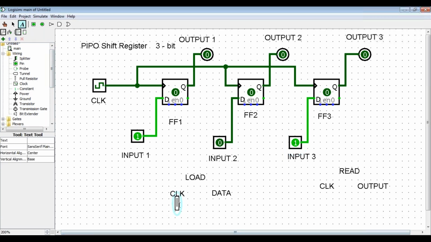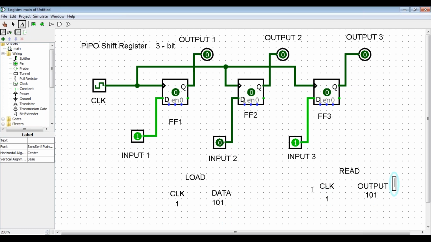If I am applying my first clock pulse itself, all the data will be loaded because this is a parallel connection. If you are applying your first clock pulse, at that time itself the data will be loaded. No need to apply further clock pulses. In serial, each clock pulse you apply loads one data bit. In parallel, on the first clock pulse itself all the data will be loaded to the individual flip-flops. Similarly, on the first clock pulse itself you can find your outputs. No need for further clock pulses.